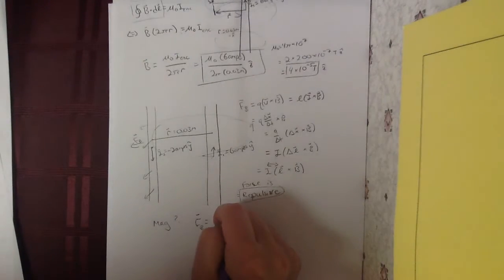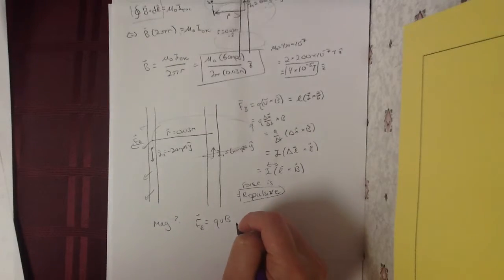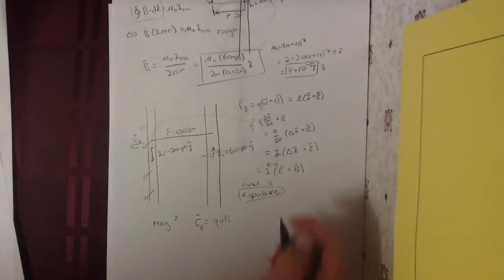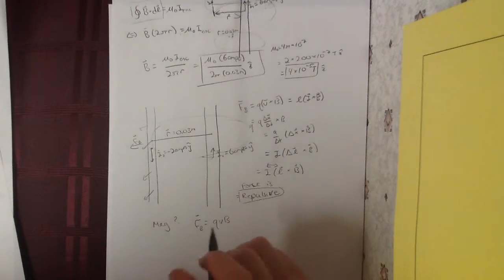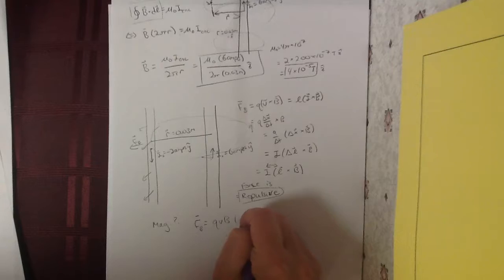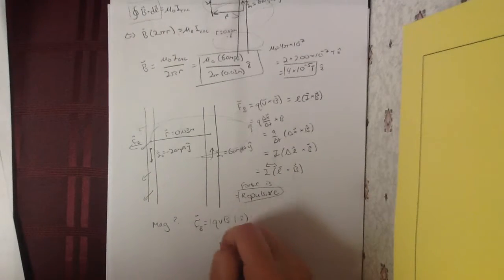So FB is just going to be QVB, in the outward direction, so in the repulsive direction. So in this case, it's going to be in the negative X direction. But that doesn't really matter as much as just to know that the magnitude is QVB, which is going to equal ILB,